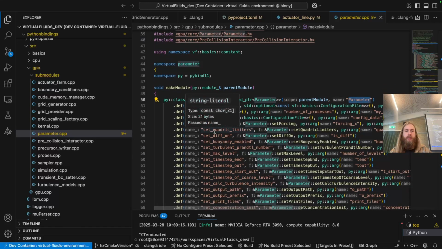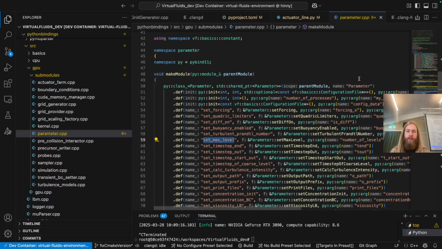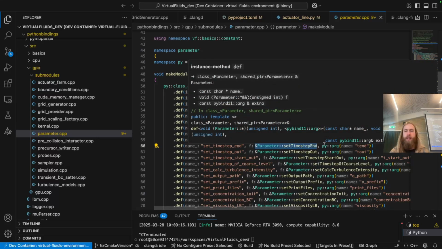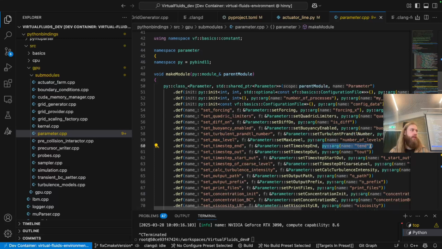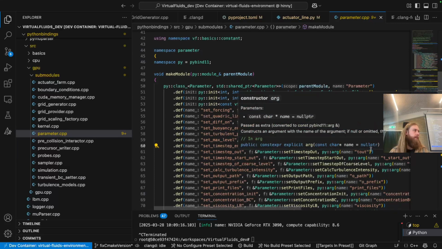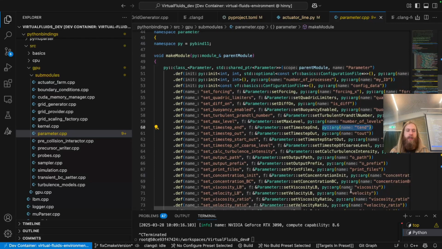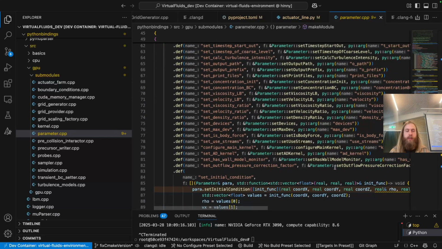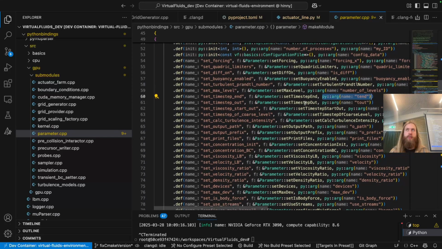And then we kind of switch it around. We define that the Python class will have a method called setTimeStepEnd, and it will call setTimeStepEnd of the parameter, and it will have this argument with this name. That's it. And then for the parameter, we had to define quite a lot of classes, because you can set a lot of